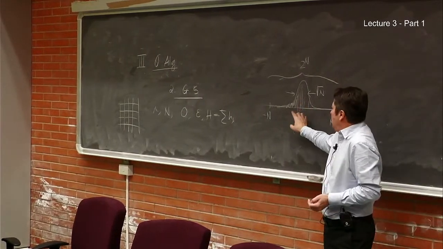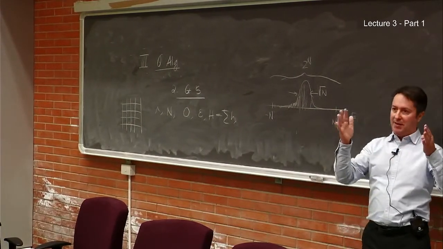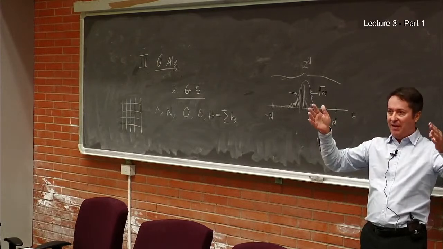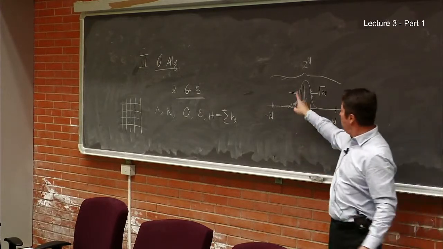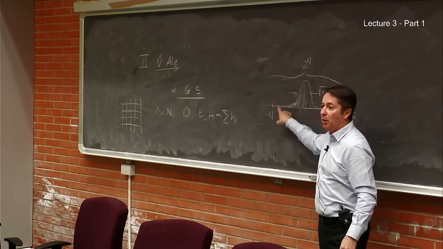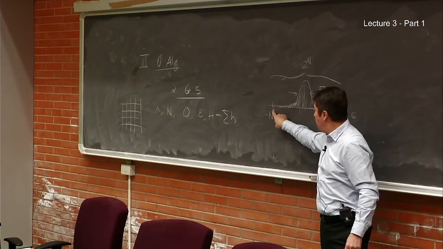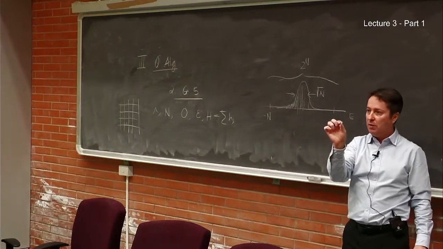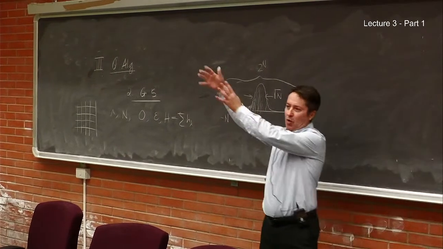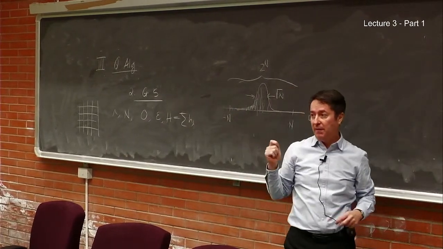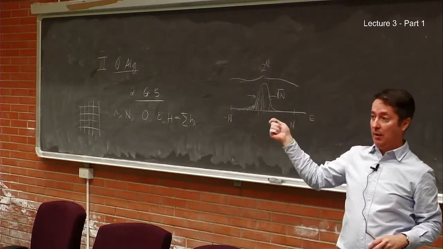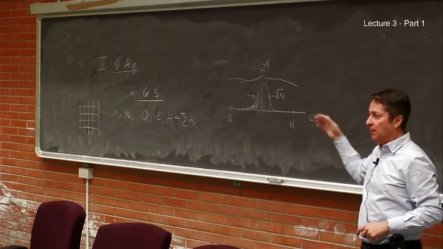But what is important is that you can show that most of the eigenvalues are in the center, and then you have some polynomial tails, so there are very few here. There is the ground state, the density of states grows polynomially, and then all of them are at the center, and this comes from the fact that your Hamiltonian is local.